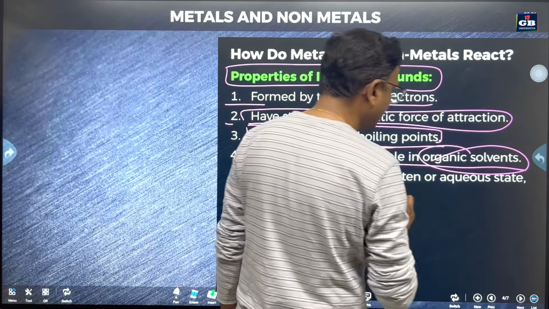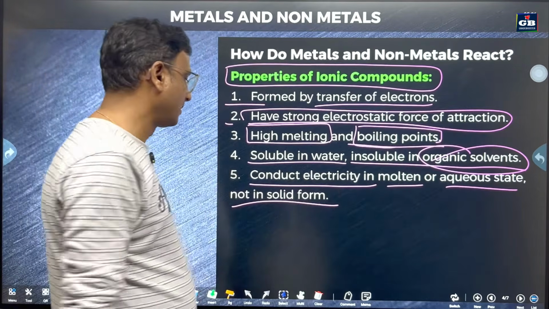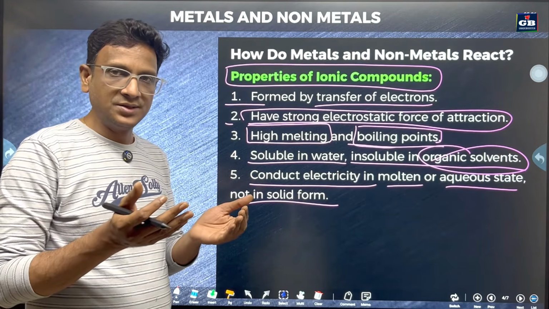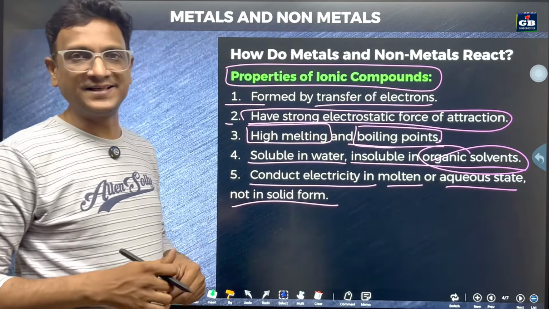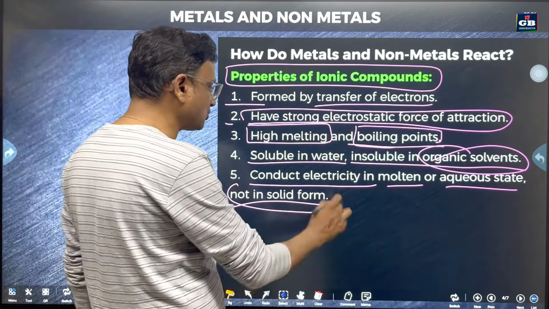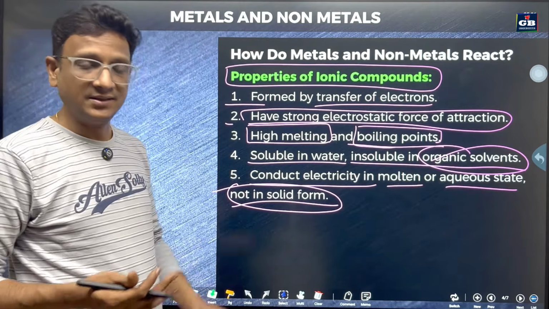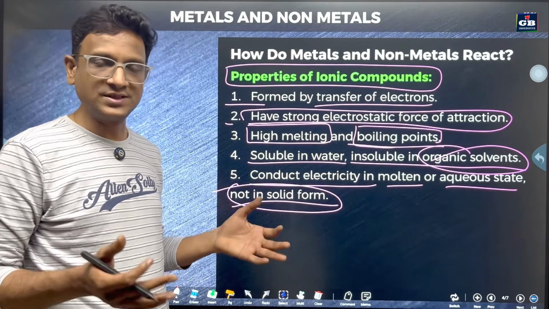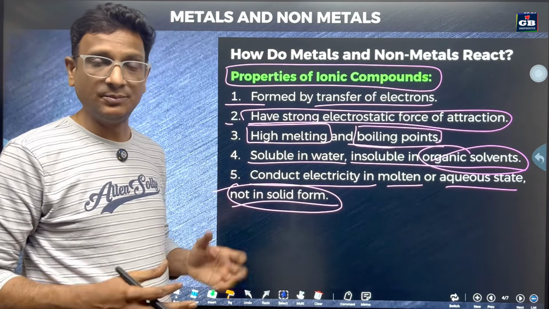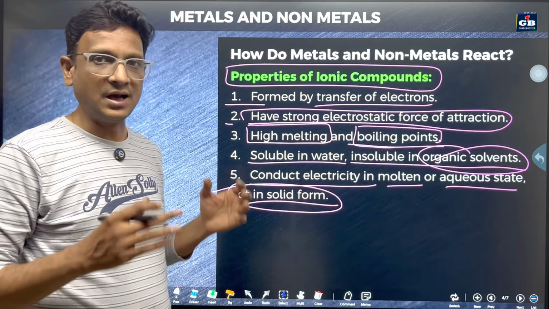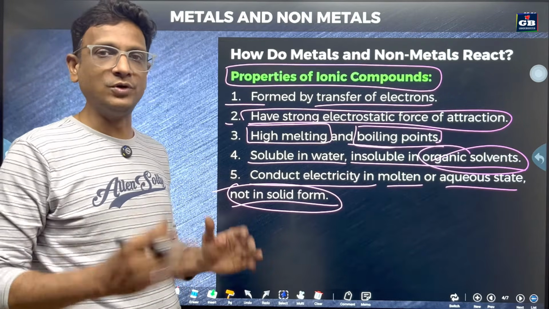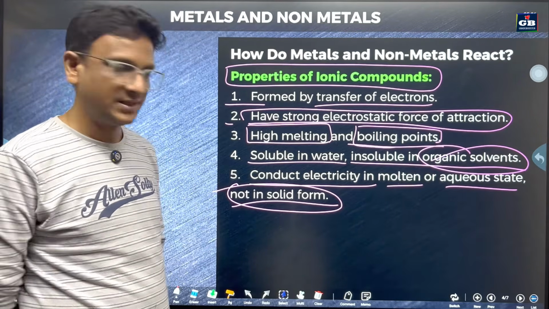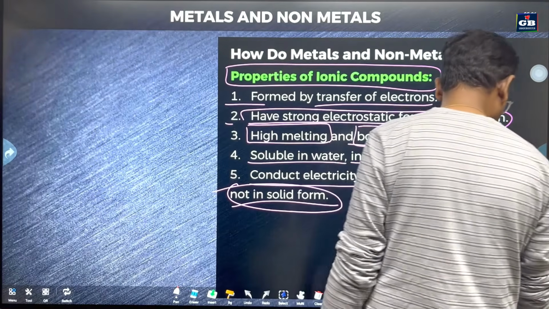They conduct electricity in molten or aqueous state, not in solid form. For example, you take salt. The solid salt does not conduct any electricity. But in the aqueous state, that means you mixed the salt in water, the salt water conducts electricity. We use salt water for the electrolysis experiment because it conducts electricity. So when ionic compounds are in liquid or molten form, they conduct electricity. But when they are in solid form, they do not conduct electricity. Okay. Next,